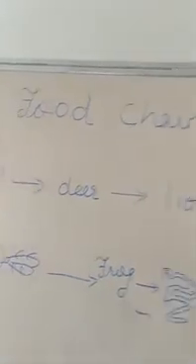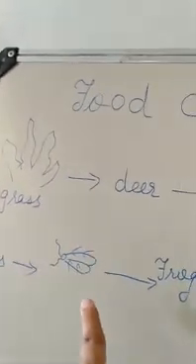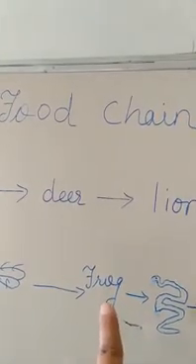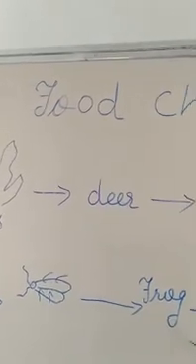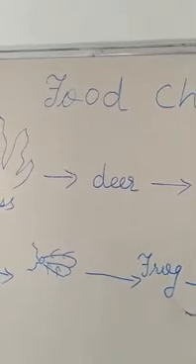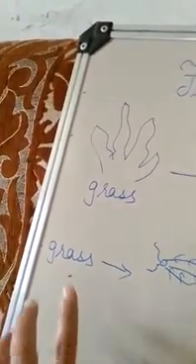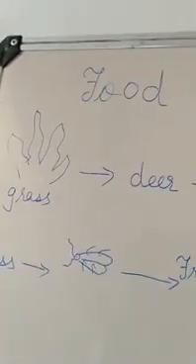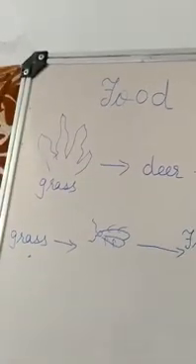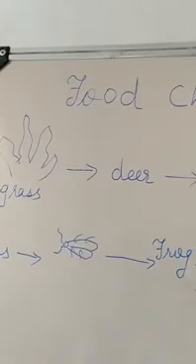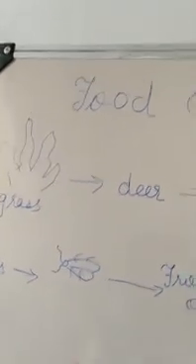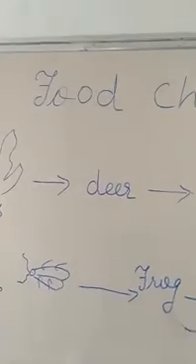So this cycle goes on. The grass is eaten by the grasshopper, which is eaten away by the frog, which is eaten away by the snake, and the snake is eaten away by the eagle. So that is called the food chain. All animals, whether herbivores or carnivores, are directly or indirectly dependent on plants for their food. This feeding relationship among the organisms is called food chain. Thus, food chain can be defined as the link of the process of eating and being eaten away for the purpose of food. Thank you.